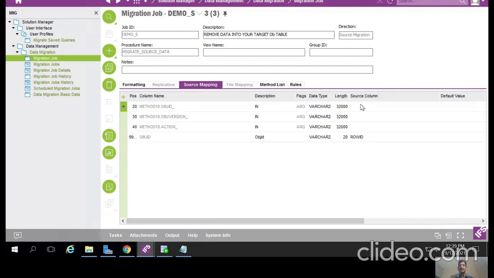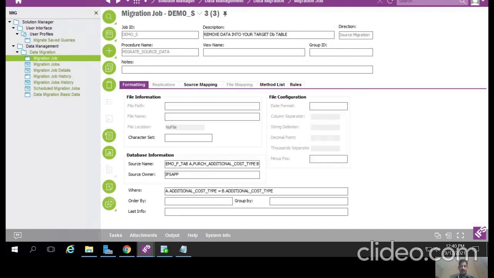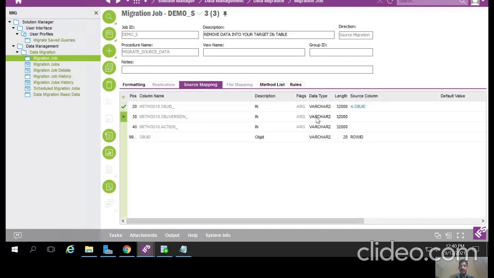So now here under the source column, choose your method 10.object id. Okay, so a.obj id. Same column name is coming from your APIs. Sorry, not a. I'm choosing from B here.